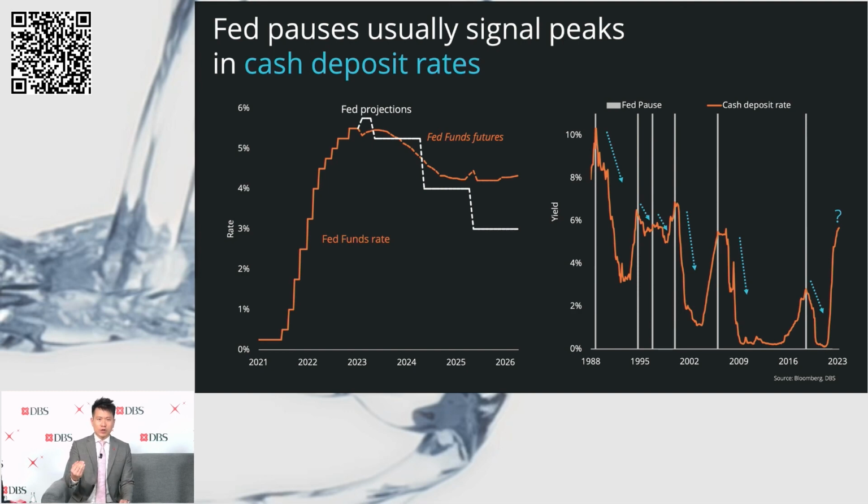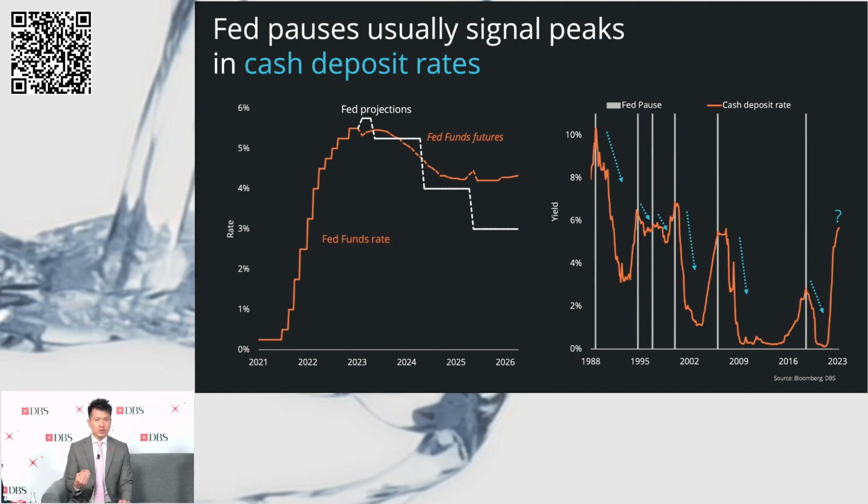And the extended dotted orange line also tells the same picture. This is what the Fed Funds Futures market predicts, right? It's a projection, and they also think that interest rates have peaked out and will start to fall slowly in the years to come. So in both cases, the projections of interest rates seem to suggest that we are close to the peak of the policy cycle today, right?